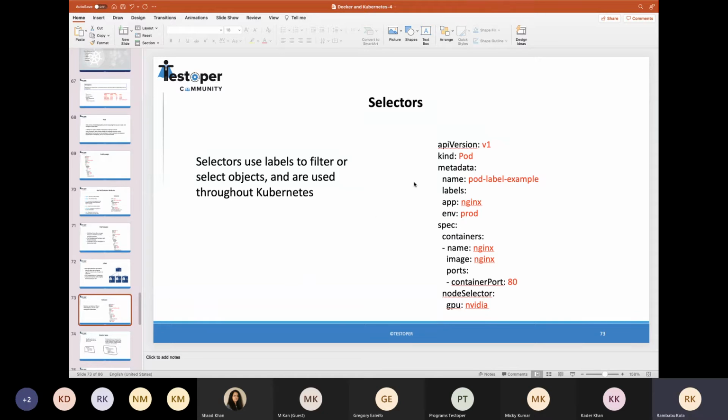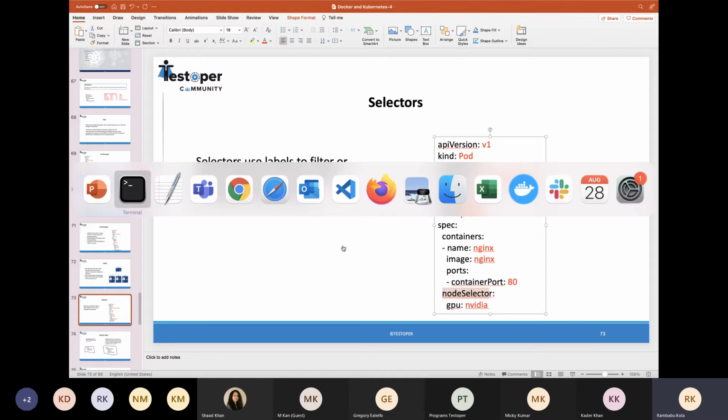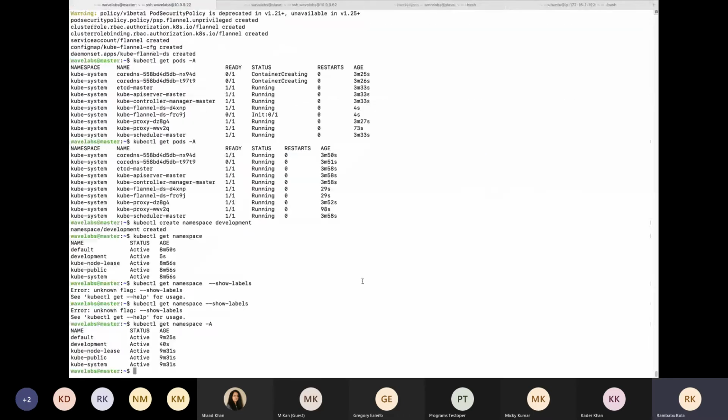And we also have an option called selectors, where we can specify, for example, the node selector, which I am doing here.